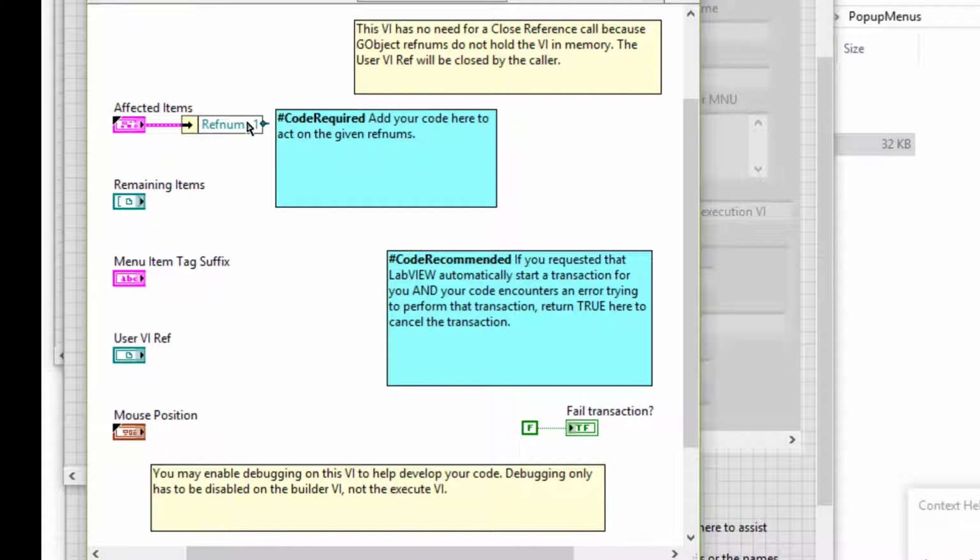We can add additional VIs to the library of the shortcut menu plugin as needed to modify the behavior of the objects. To avoid name conflicts, National Instruments recommends prefixing the file name of any additional VIs and sub-VIs with the name of the plugin, or using a project library. For example,